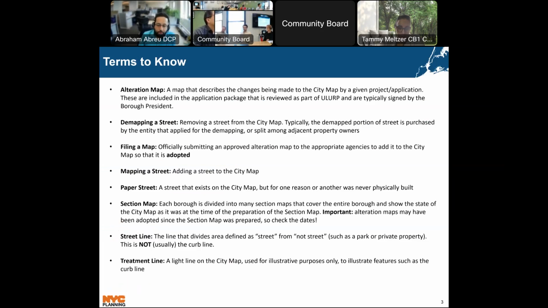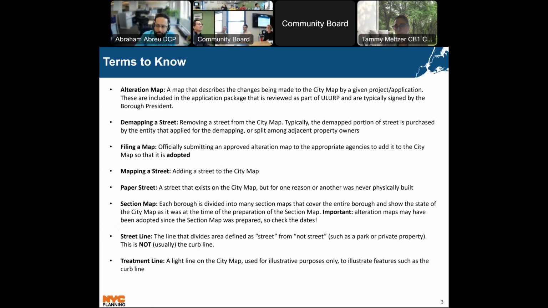So there could be quite a bit of time between ULURP wrapping up and the map actually getting filed and adopted. Mapping a street, adding a street to the map. Paper street: there's not a lot of those in your district, but it's a street that exists on the city map, but for one reason or another was never actually built. There's a couple in CB1, which I'll show, but there's a lot of these in like